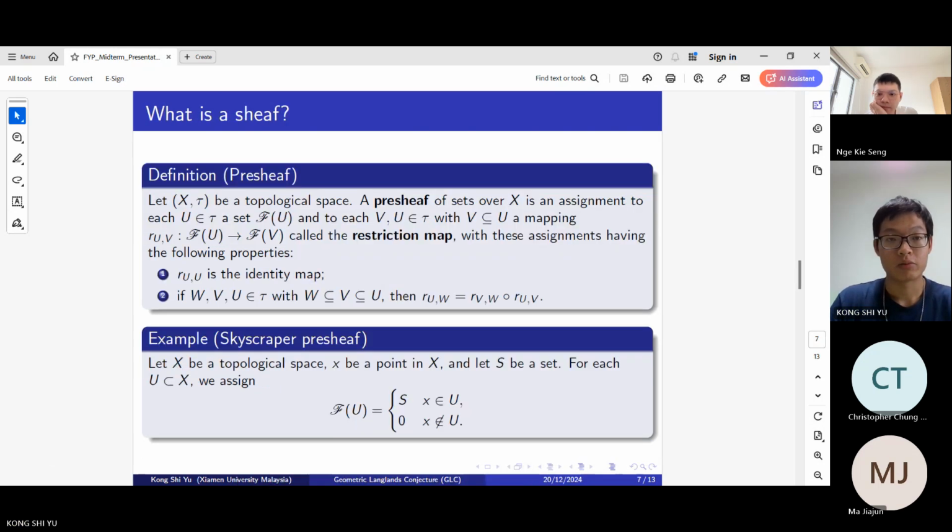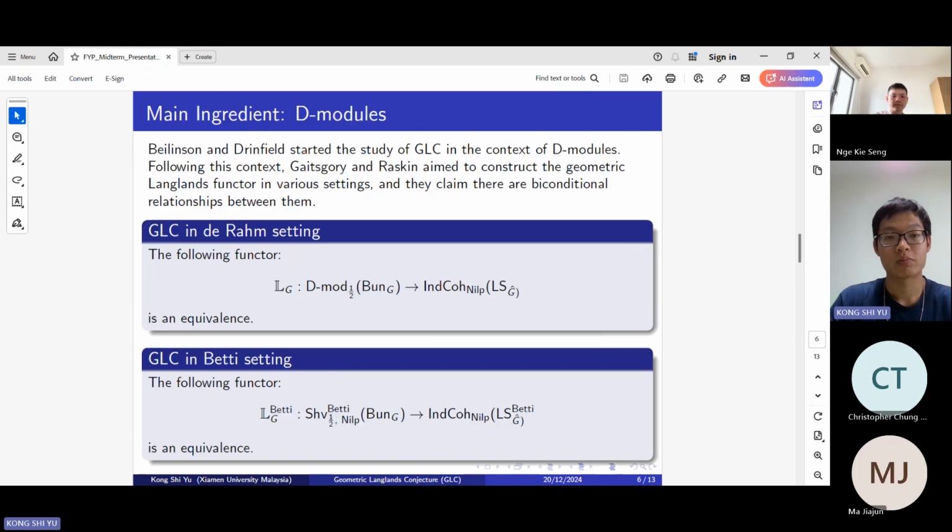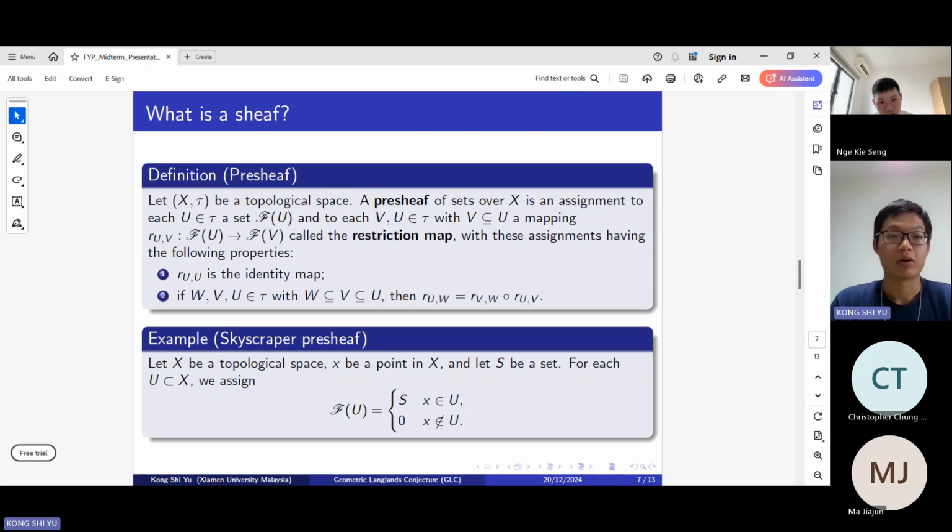Now we'll be looking at what a sheaf is. Because I mentioned before that D-modules are really something like a sheaf of differential operators, I have been studying the basics first. So what is a sheaf? A sheaf is, given a topological space,